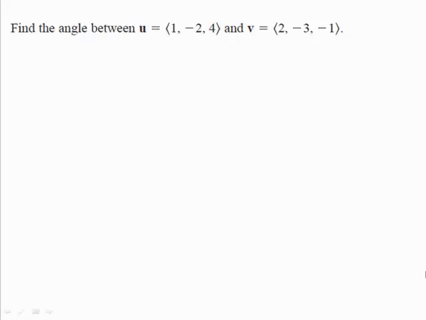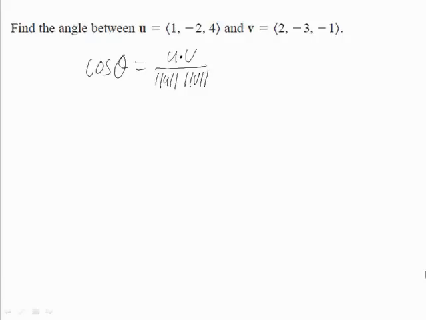Find the angle between u equals the vector 1, -2, 4, and v equals the vector 2, -3, -1. To find the angle between two vectors u and v, use the formula cosine of theta is equal to the dot product of the vectors u and v divided by the product of the magnitudes of the vectors u and v. Substitute the corresponding values, so cosine of theta is equal to the quantity 1 times 2 plus -2 times